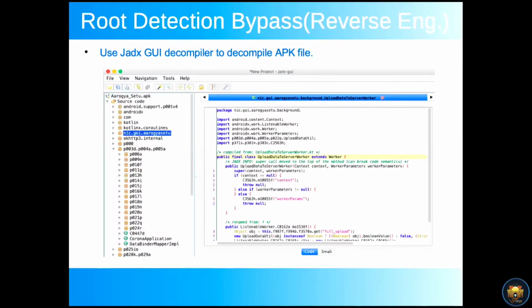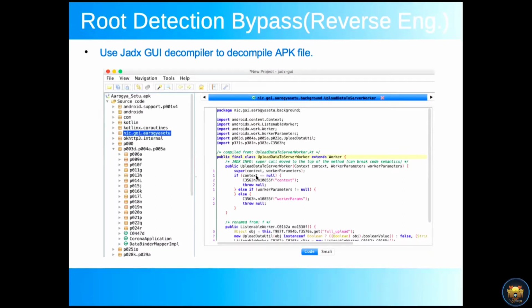I directly drop my APK file here, and I am able to see all the code of this application. Since this code is obfuscated, you can rename the obfuscated functions, classes and variables so you can easily identify them.